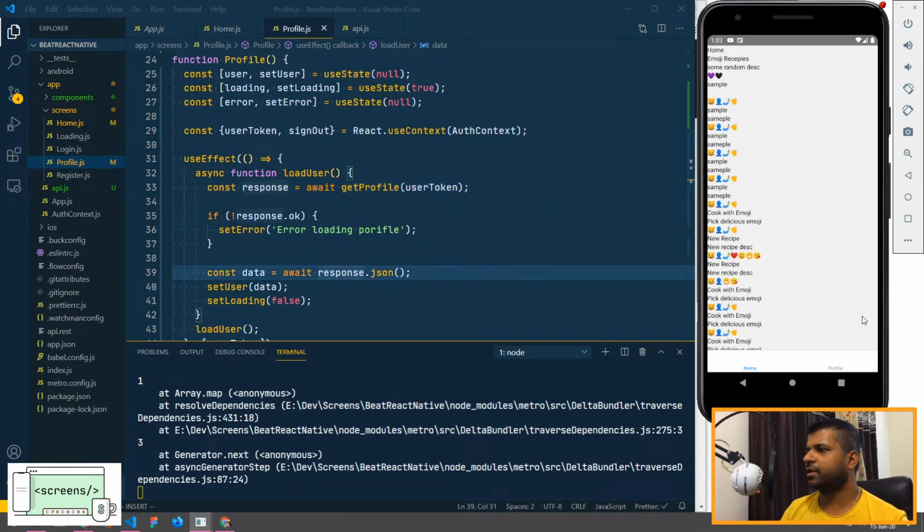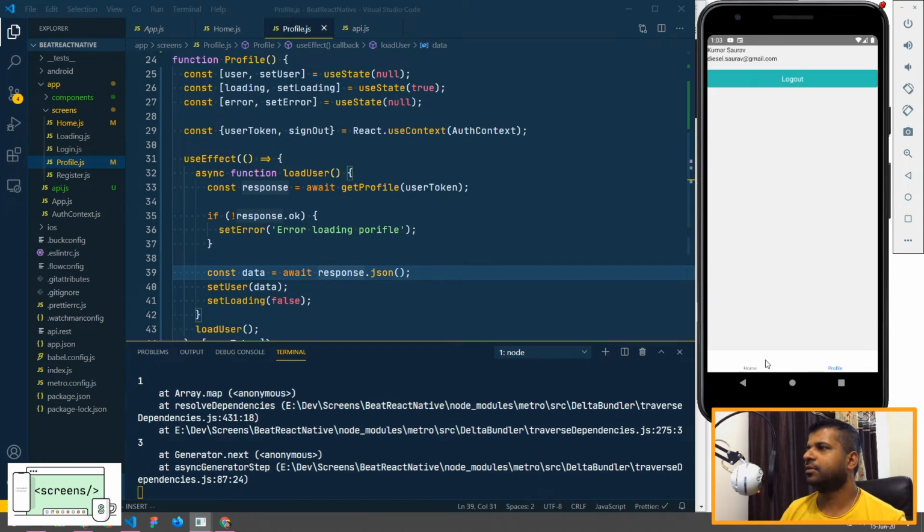So let's see if everything works fine. So you can see that everything is working fine. Everything remains the same, and as expected the username and the email is displayed here.